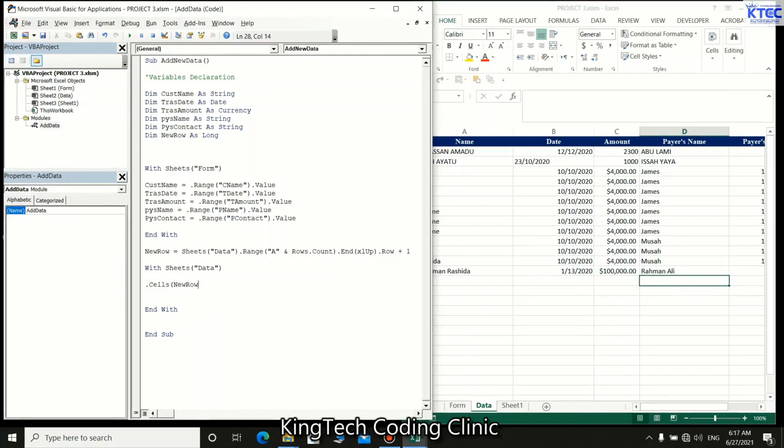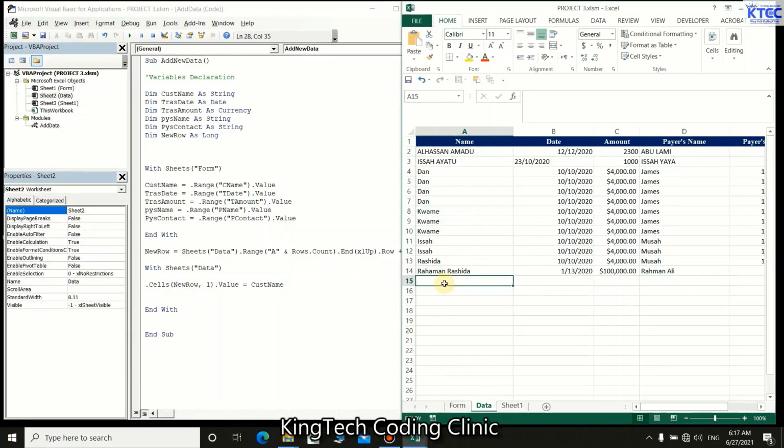See that we are just mentioning the new row and there's nothing happening, but the computer is aware of it, right? New row in the first column. That is column 1. Into bracket dot value equal to customer name. So we say cust name. Have you seen it? Now what we are saying is that with a sheet called data dot cells, the various cells on that new row, the first column,